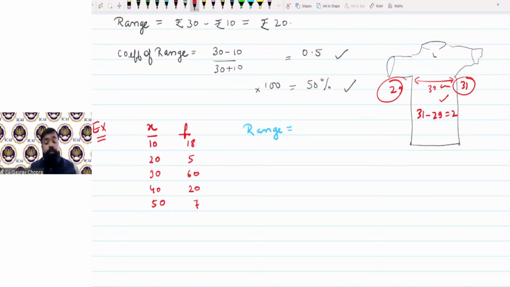Now this time, whenever the series is discrete, we don't have to consider frequency. Frequency is not required or not used for the calculation of range because range says highest value minus